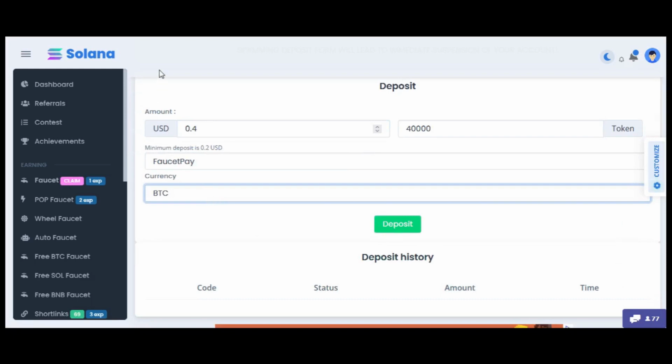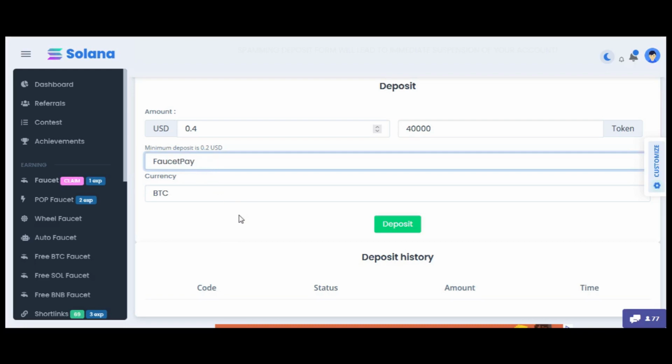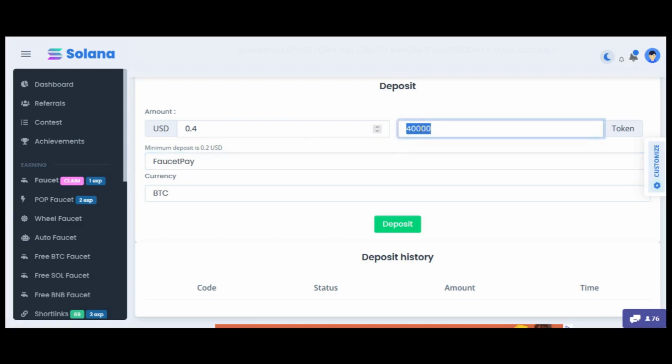You can decide to pay with BTC, Doge, TRX, etc. Of course, FaucetPay is the only payment processor. Once you set up everything here, provided that the minimum deposit is 0.2 USD, you just need to click here on deposit, and you will be automatically redirected to your FaucetPay account, where you have to approve the transaction. Once you approve the transaction, the tokens will be immediately credited to your deposit balance, and you can start your campaign or add new views